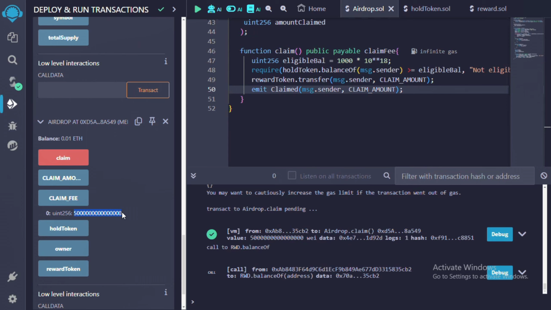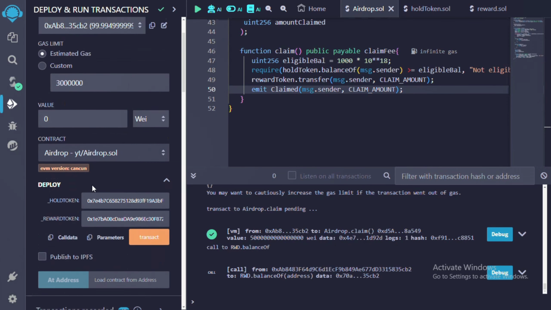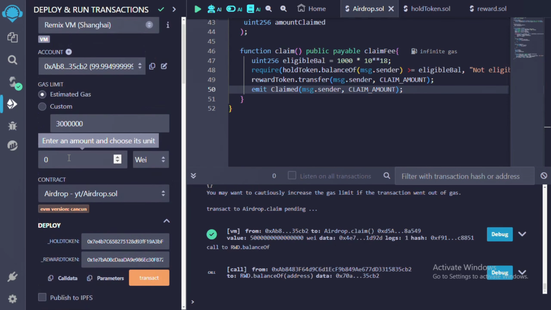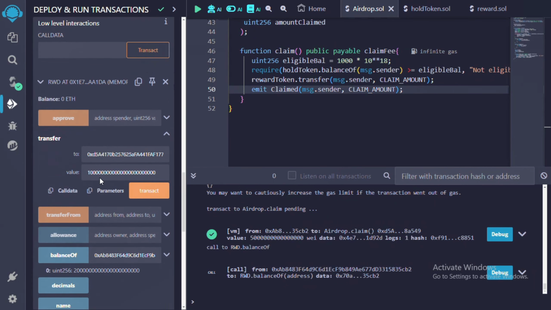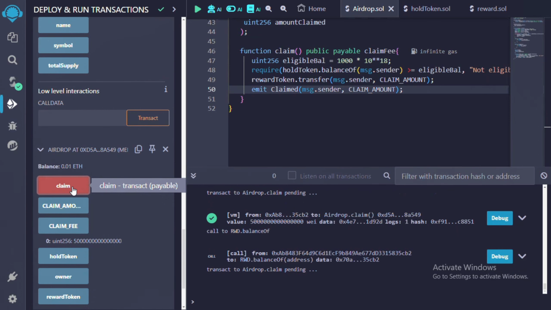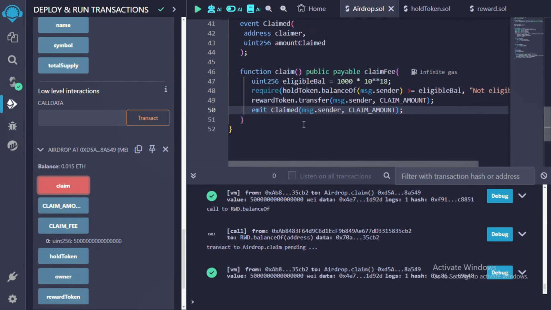So long as we have enough data, we keep claiming, and we don't want users to keep spamming because we have limited supply. So let's try and claim. You can see we're able to claim again. So we don't want that. So we are going